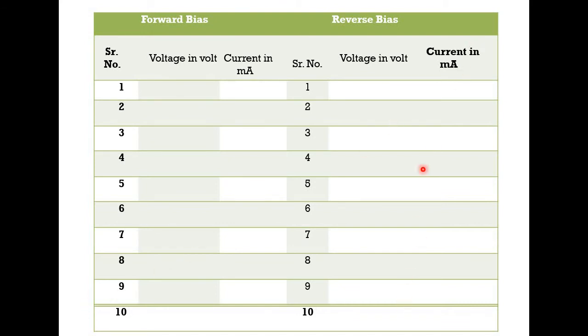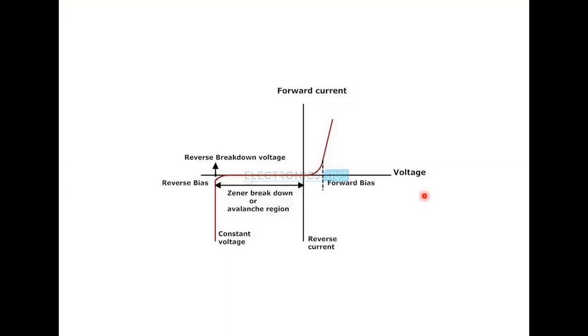Apply the voltage and check what amount of current is there. So by making this, you can plot such kind of graph. On a graph paper, you have to make the 4 sections. The first quadrant will be there for the forward biasing characteristics. Third quadrant will be there for the reverse bias characteristics.